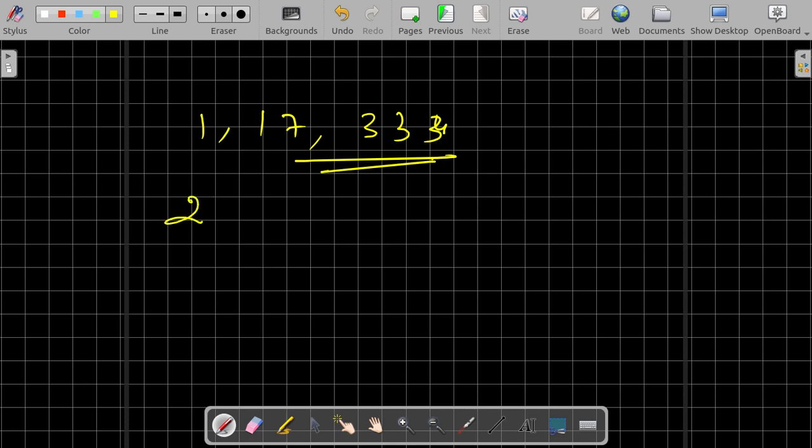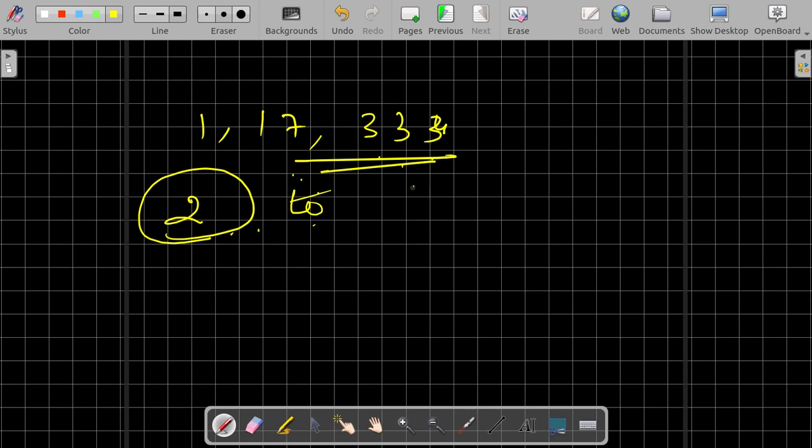Then I have to check whether there are factors from 2. When you say a number is prime, it is divisible by 1 and the number itself only. There are no other factors. That's what we mean. So you have to check from 2, whether 2 will divide this number, otherwise 3 will divide this number, 4 will divide this number, like this you have to check. How far do we have to check?